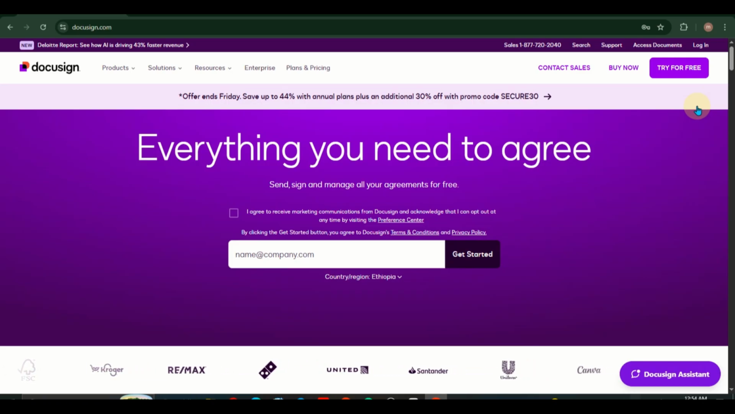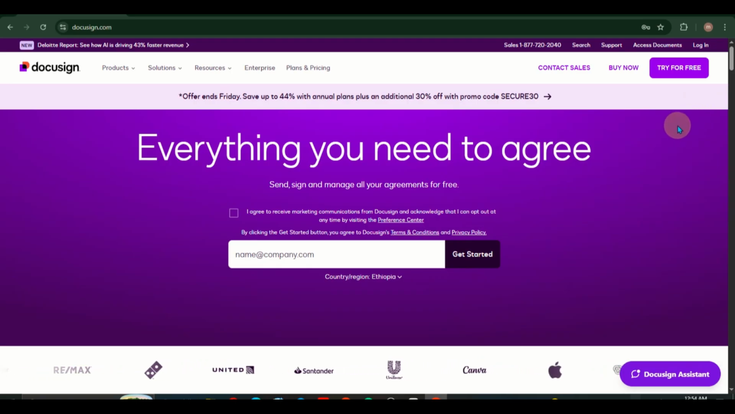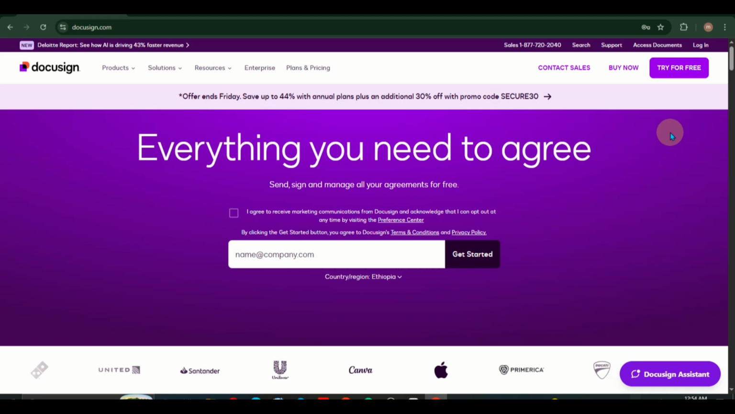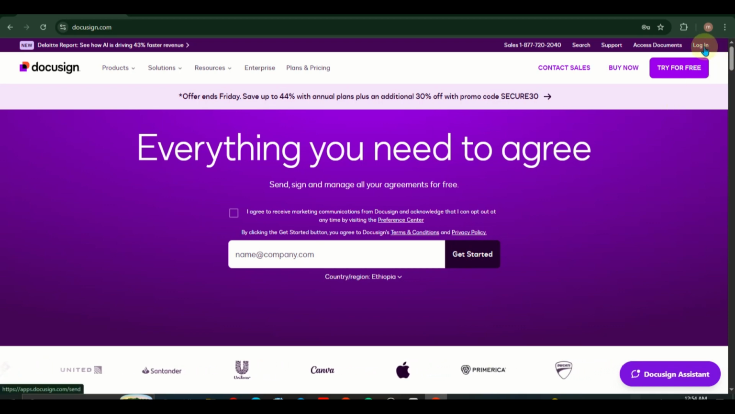We'll begin by heading over to the official DocuSign website. You can access this by typing DocuSign into your preferred search engine or directly entering the URL in your browser. Once you're on the website's homepage, look for the Login button, which is typically located in the top right corner